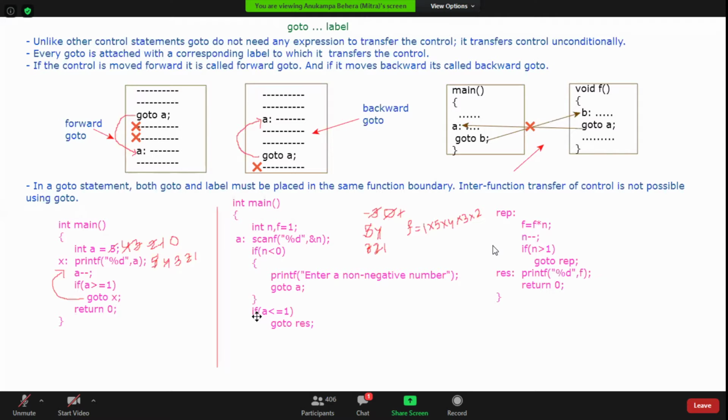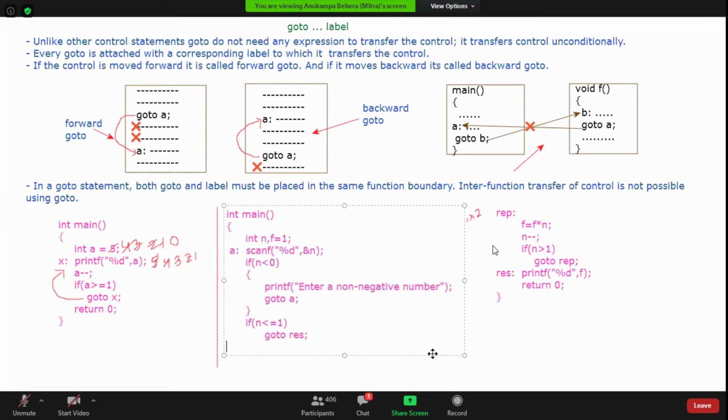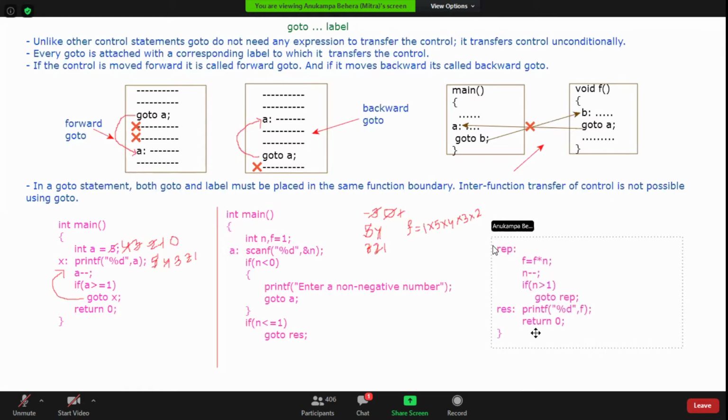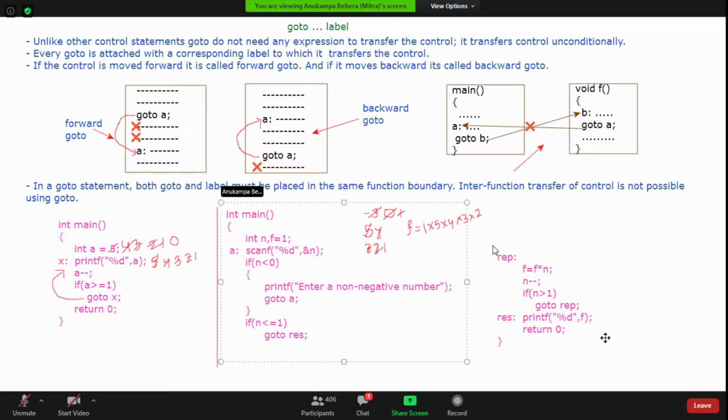There is a small mistake here. I have written a by mistake. It is n. Is it clear, everyone? So we can take care of all the test cases, all the boundary conditions also, by using this. I'm not telling you the code you're writing is wrong or right.